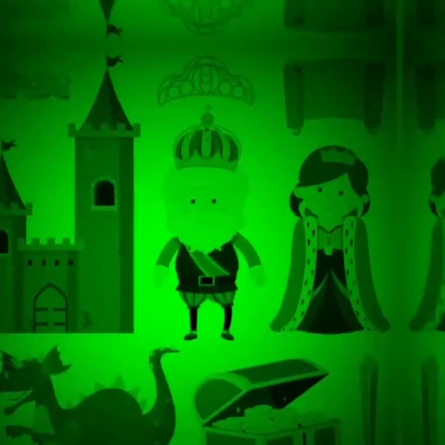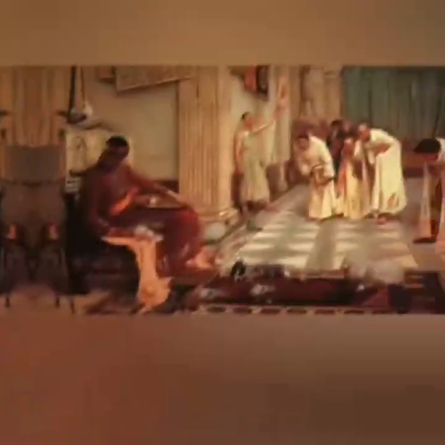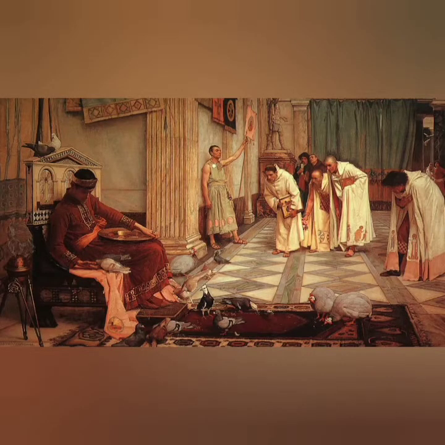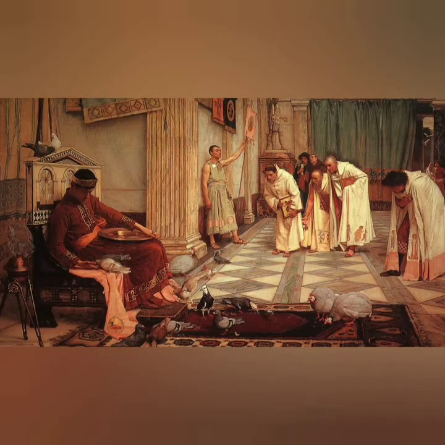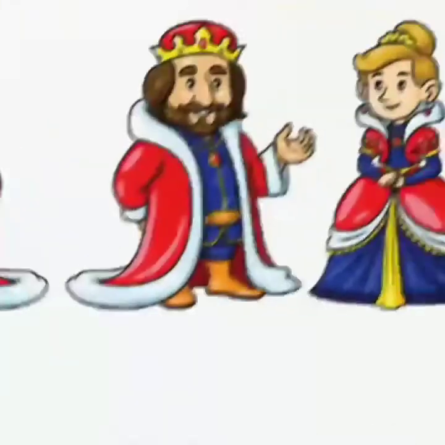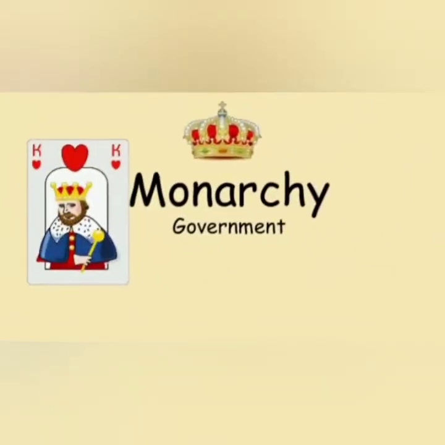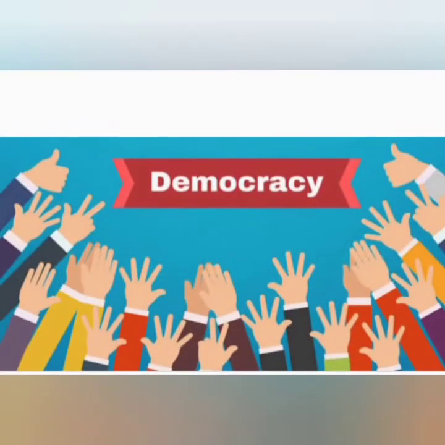The monarch has a very small group of people to discuss matters with, but the final decision making power remains with the monarch. Unlike in a democracy, kings and queens do not have to explain their actions or defend their decisions. They do not have to explain what they are doing, why they are doing it, the consequences, the reasons, nothing of that sort. But it is totally different from democracy. I'll explain the differences between a democracy and a monarchy, okay?